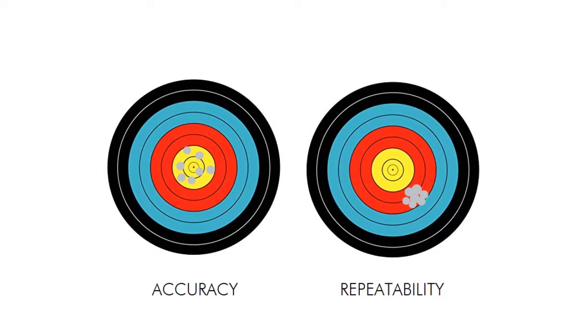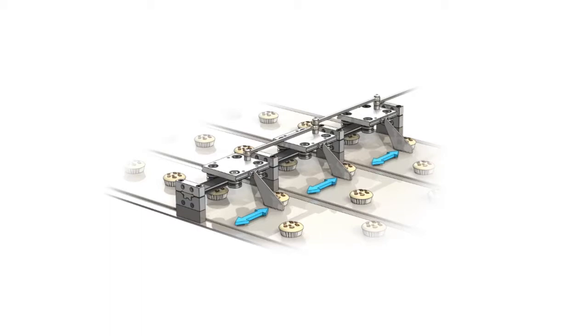In a majority of applications, the user will be most interested in repeatability. This means that every time a carriage moves to a defined point, its final position is within the defined range. In this application, the customer needs the movement to be repeatable to ensure the cakes are in the correct position. Every time a paddle moves a cake, it needs to be in the same position so that it is correctly